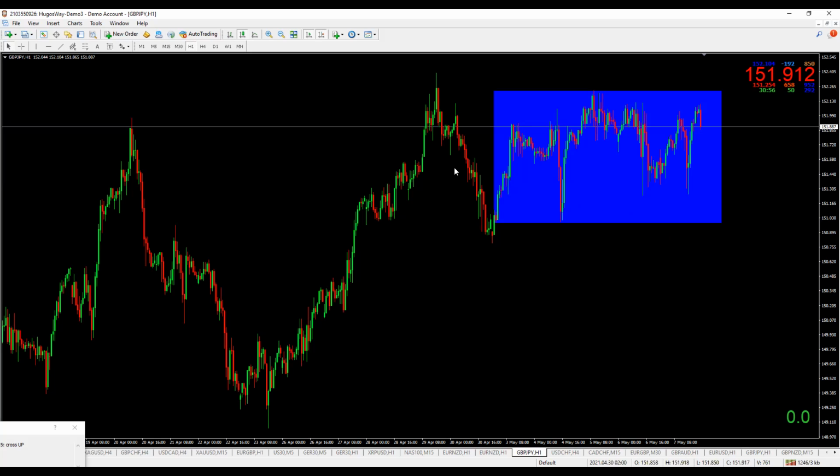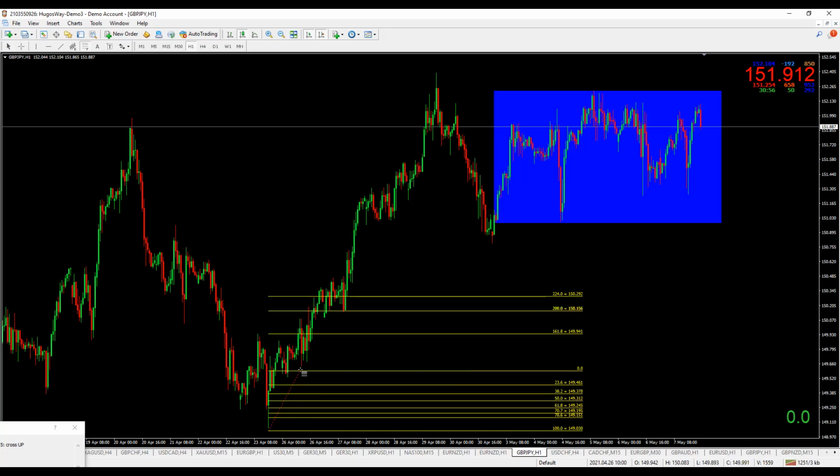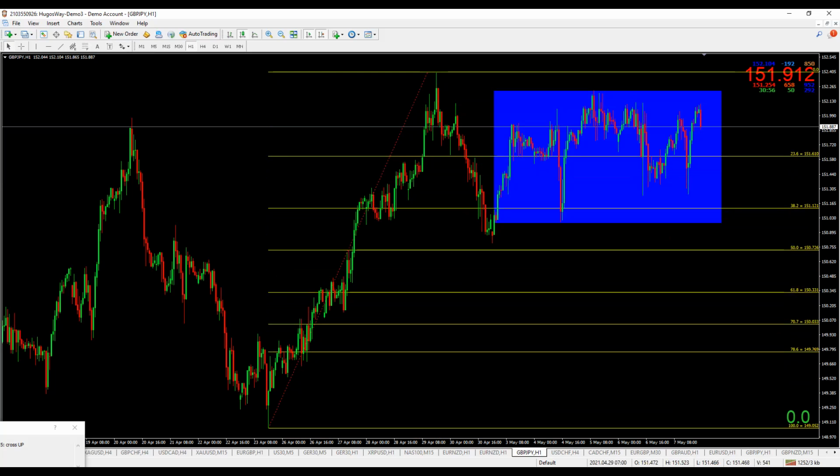The whole idea behind using Fibonacci is to find different levels into which the price will retrace. If, for instance, this is where we started our Fibonacci, and we extended it all the way there, we can see it has retraced somewhat to this bit before going into this range or consolidation. Now, if we're starting it here, taking it all the way there, let's just do that. Say we did this, this is the starting point, and that's the ending point. It is